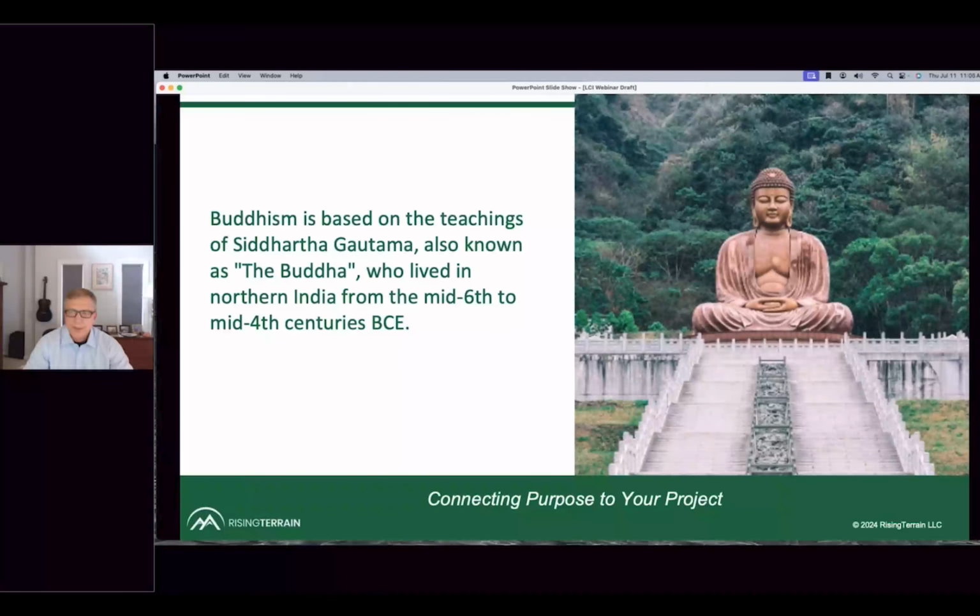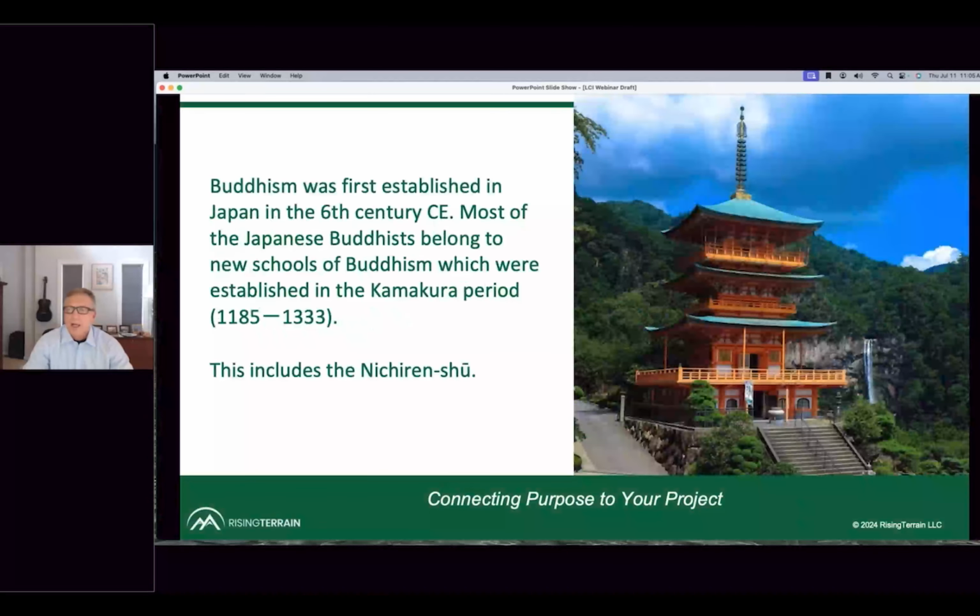Buddhism started with the teachings that were in India, northern India, but then they spread throughout Asia, particularly east through China and Japan. And so by the time we're looking at Japan in the 6th century, a lot of Buddhists and Japanese belong to different types of schools. And one of the schools was called the Nichiren-shu, or the school of Nichiren. It was established, and so these different schools had different types of philosophies that they promoted for the people that